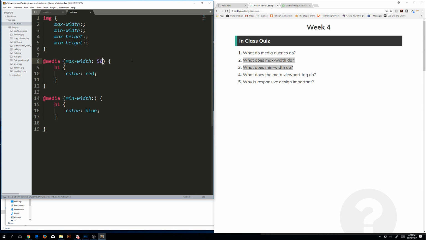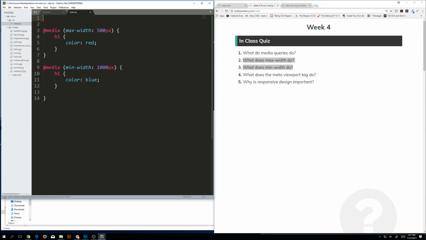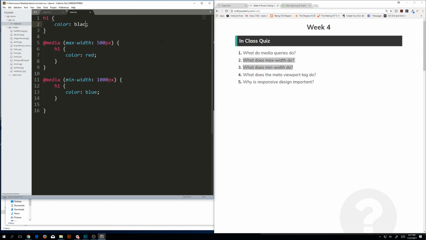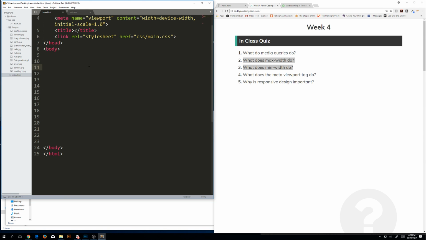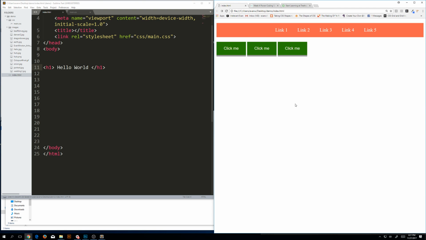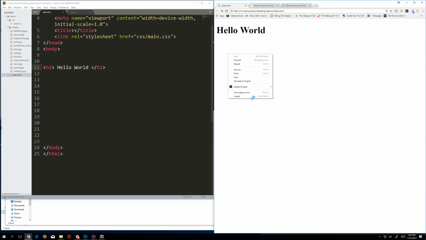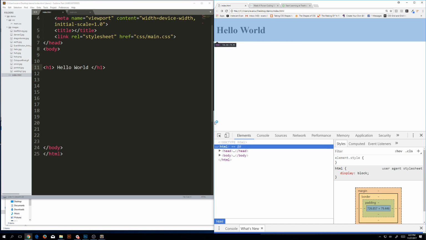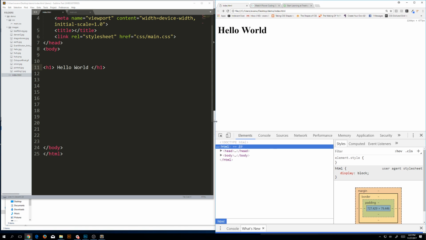Let's do max width 500 pixels and min width 1000 pixels. Get rid of this. And by default, H1s are black, but let's just write it up here just to remind us. And let's add an H1 to our site. Reload, we've got our H1. Open my inspector so I can see how many pixels we're at. Okay, we're at a width of